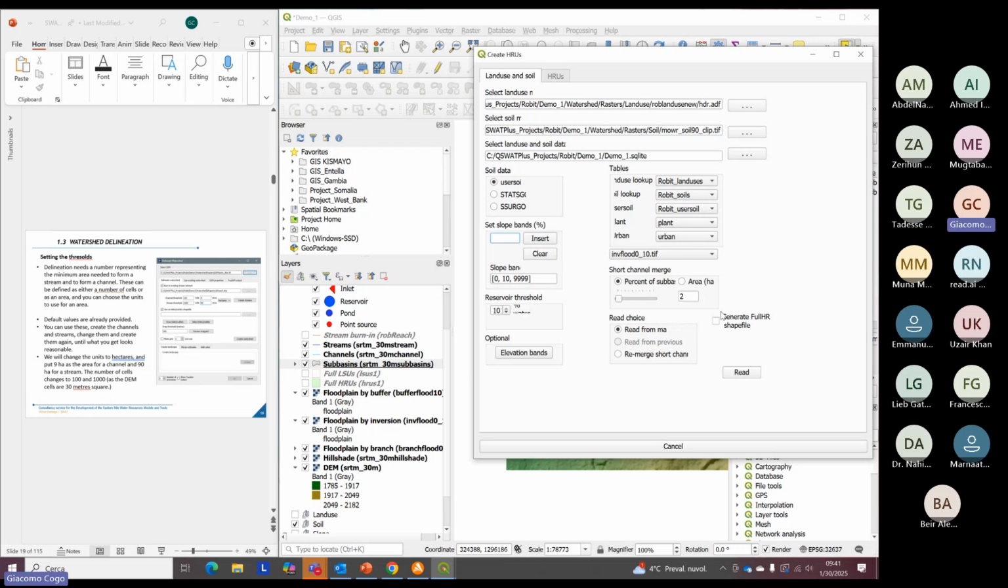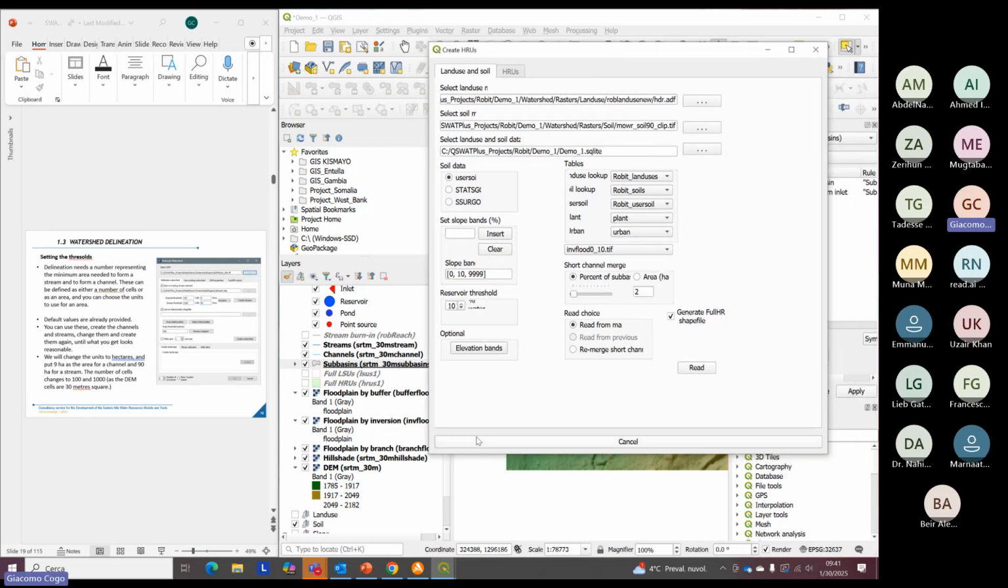Then the other thing to select was this: generate the full HRU shape file. That allows us to have a shape file of the HRUs, the hydrological response units, and allows us to make the actual calculation and, at the end, the visualization of the output. So it has to be ticked. And from here then